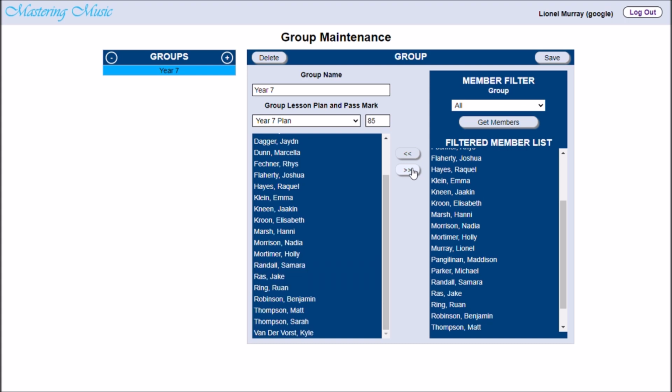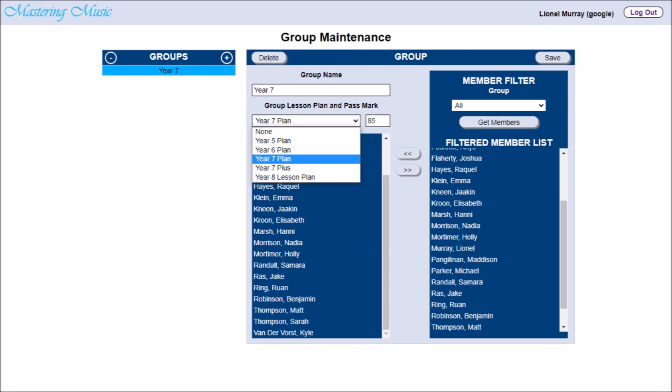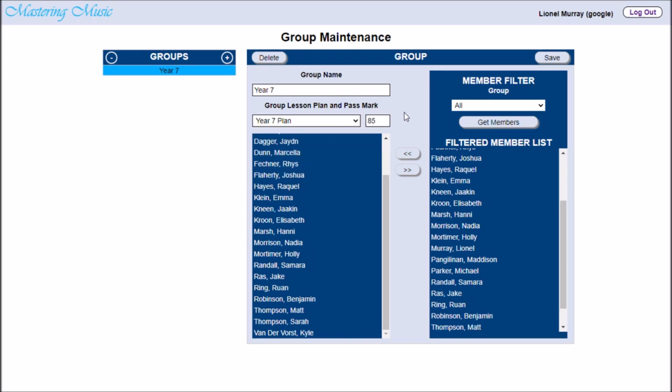To assign a lesson plan to a group, select it from the drop-down list and set a pass mark percentage. A pass mark greater than 0 means that all subsequent lesson topics within the plan are locked until that pass mark is attained by the student for the current lesson topic. Each student within a group will be shown that lesson plan each time they log in,